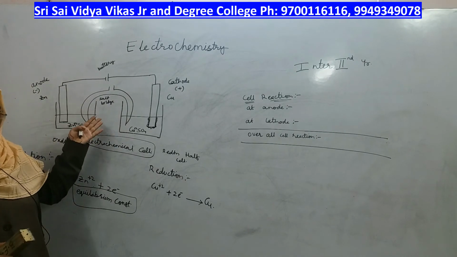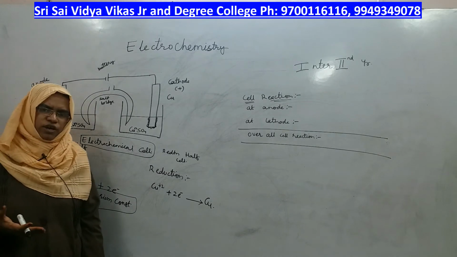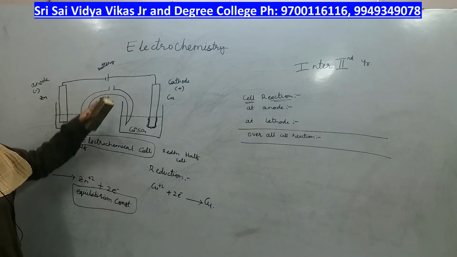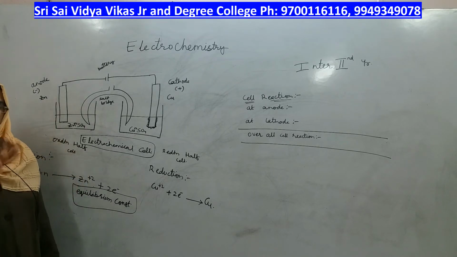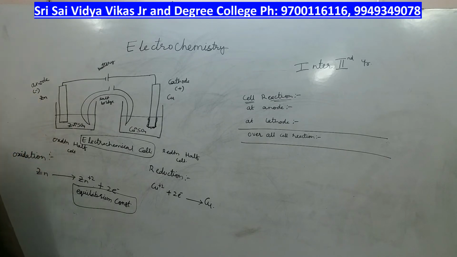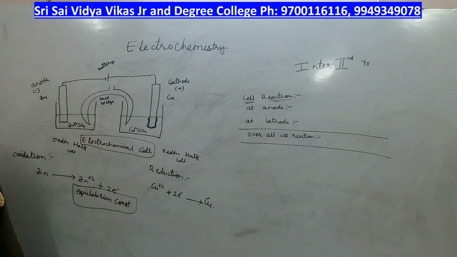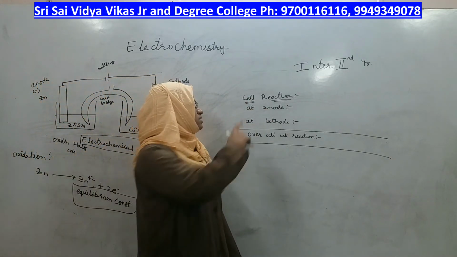So, now we have seen how the electrochemical cell works. For any electrochemical cell in the exam, after drawing the diagram, you have to write its construction: how you have constructed the cell, the two compartments, how they are placed, how both of them work. The next heading should be working. In the working, you have to explain what anode does and what cathode does. After explaining how it works, you have to write the reactions separately under one heading called cell reactions.